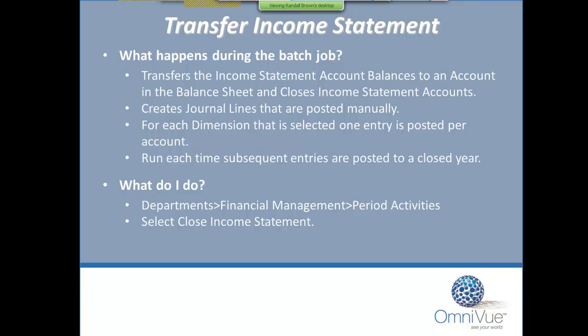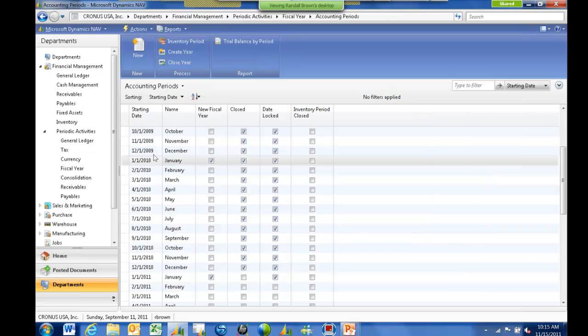So the next step is that we need to create a journal entry, which is going to transfer all of the income statement balances to an account on the balance sheet. Typically, that is your retained earnings account. Then we're going to look at that journal entry, and then we're going to post that journal entry. So once we have closed the year,